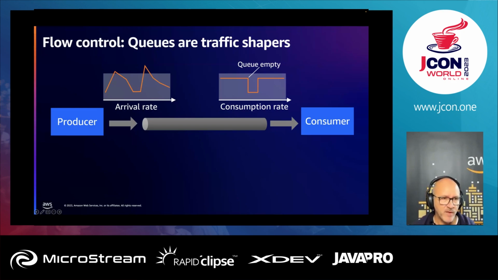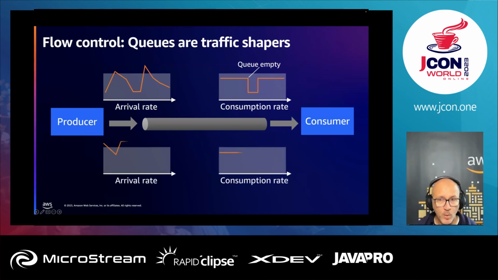And if you look at the arrival rate curve here on the top left side, it looks quite different from the consumption rate. So the queue can make it quite comfortable for the consumers, allowing them to consume messages at their own individual speed. Well, that's the sunny case, right? Then there can also be a rainy case. If you have very fast producers, the arrival rate goes through the roof. And if your consumption rate stays at the same level, your queue fills up, which may or may not be